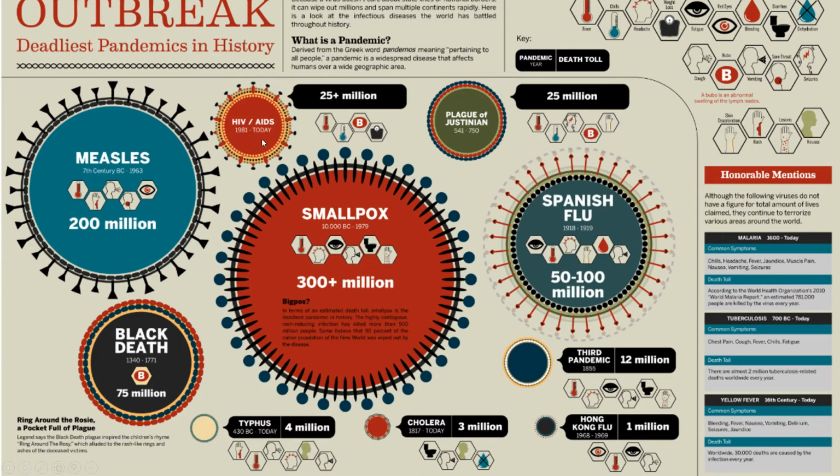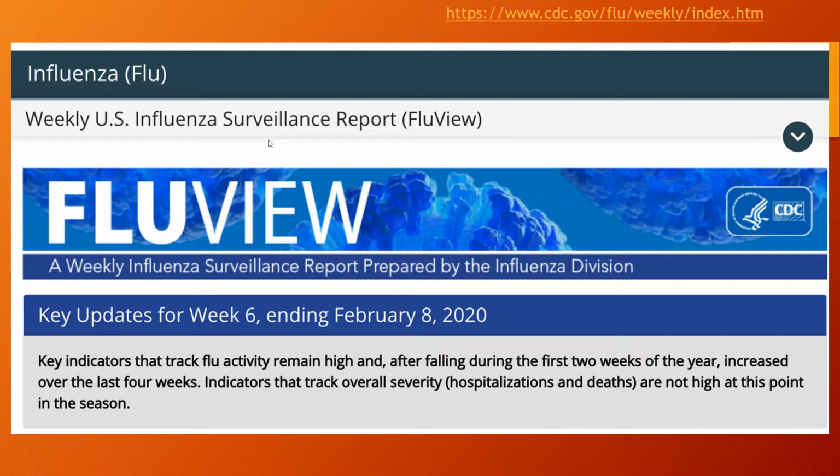And then HIV/AIDS, since the 80s till now, has killed over 25 million people. This is through sexual contact and or needle sharing. This is a virus, and we do not have a vaccine for this. This is an RNA-based virus. This is a retrovirus, so it mutates so fast that we can't come up with a vaccine, at least with current technology. So one of you guys get on that for the future.